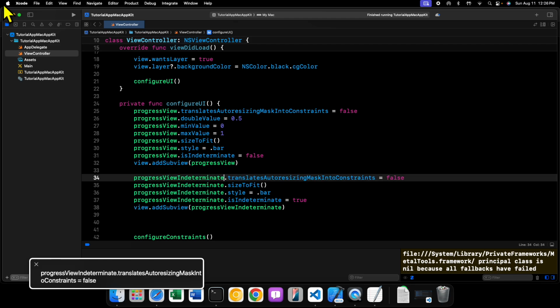Okay, so now that we've changed the object from our progressView to progressViewIndeterminate,